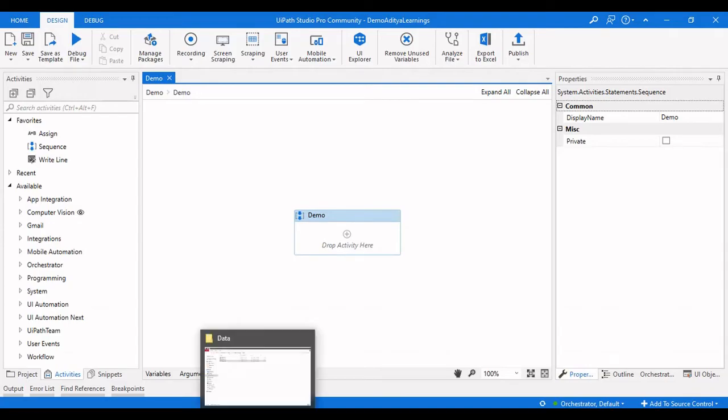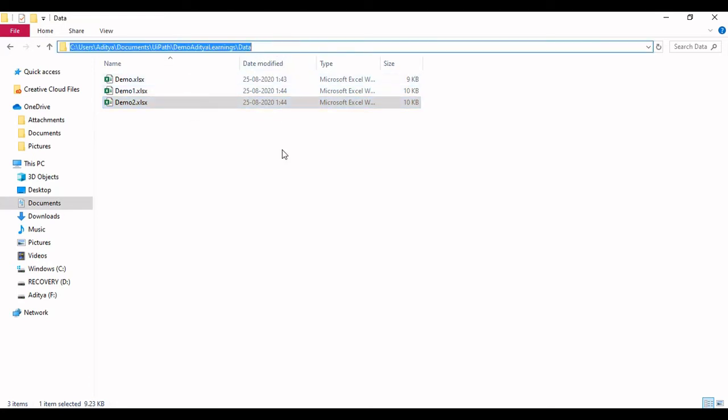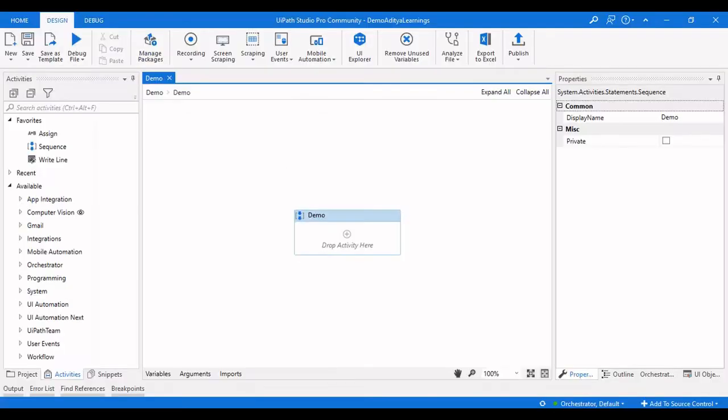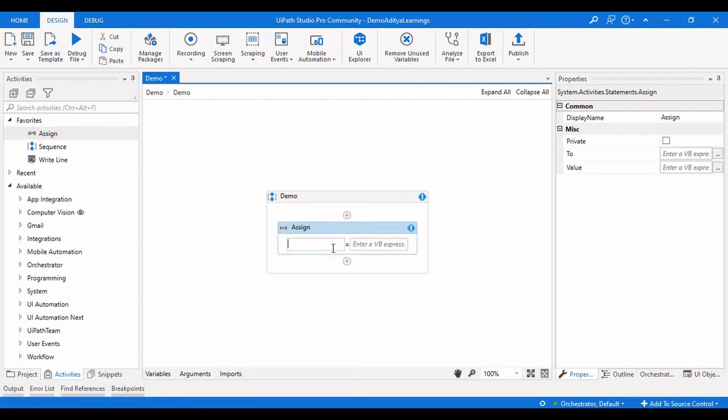Firstly, I have all the workbooks, the Excel sheets, in a folder which is the data folder. So I'm going to retrieve all these files and then do the required things to combine all those data tables. First, we need to assign a value to get the files from that particular folder.